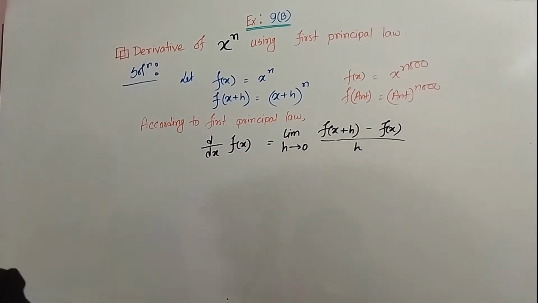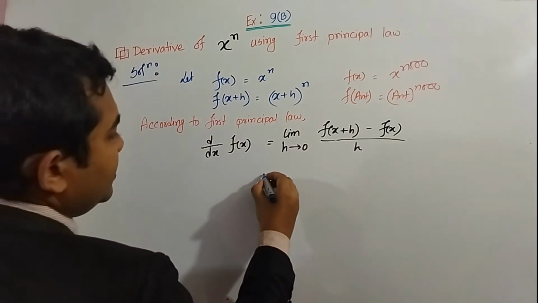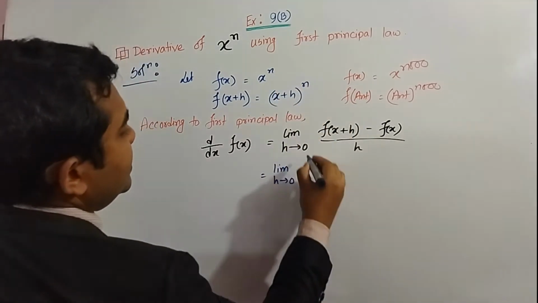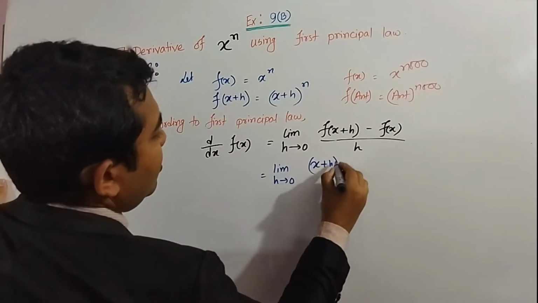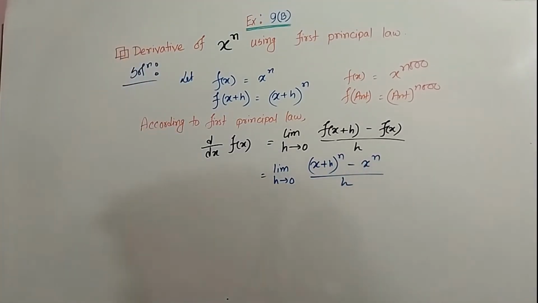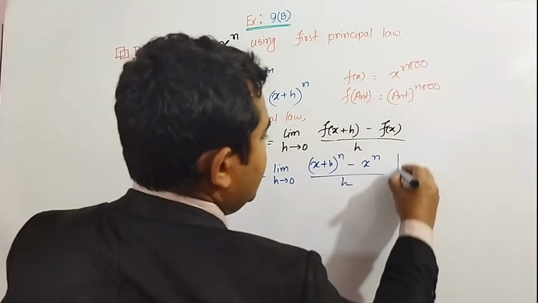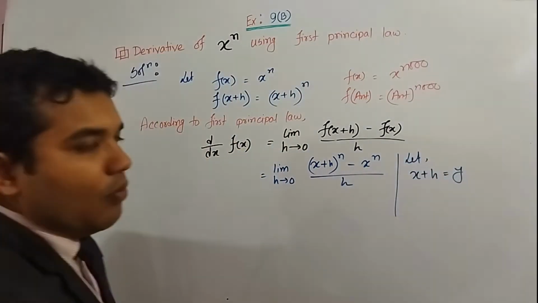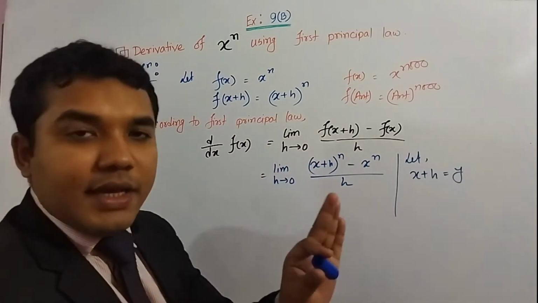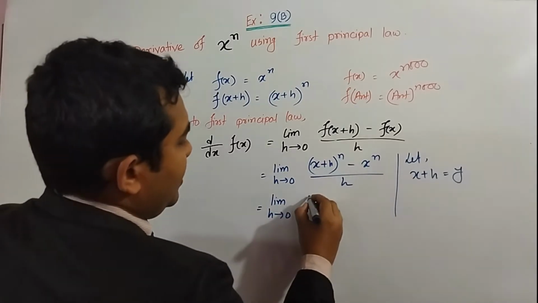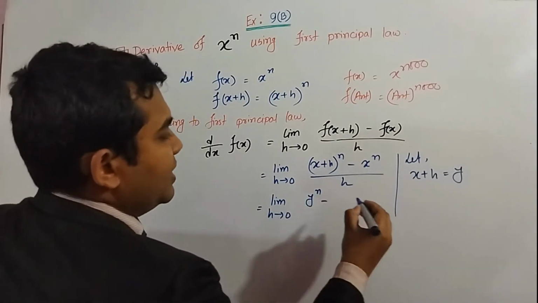Just putting the values in here first, we can write limit h tends to 0, f of x plus h is x plus h whole to the power n, minus x to the power n, divided by h. Then what can we write? Here we make an assumption first. Let us assume that x plus h is, say for example, y. If x plus h is y, then what can we write actually? Limit h tends to 0, here is y to the power n, minus here is x